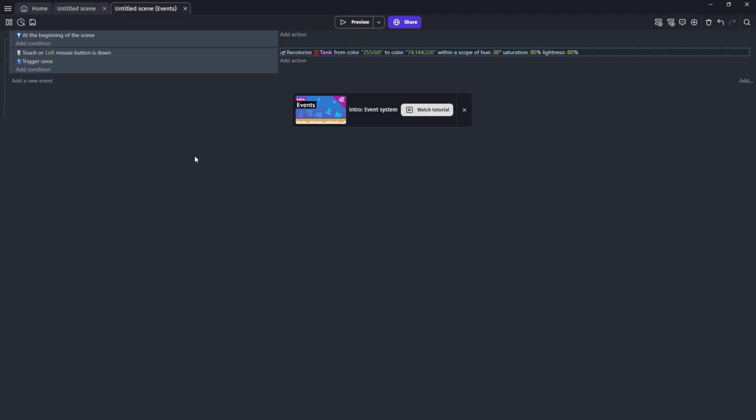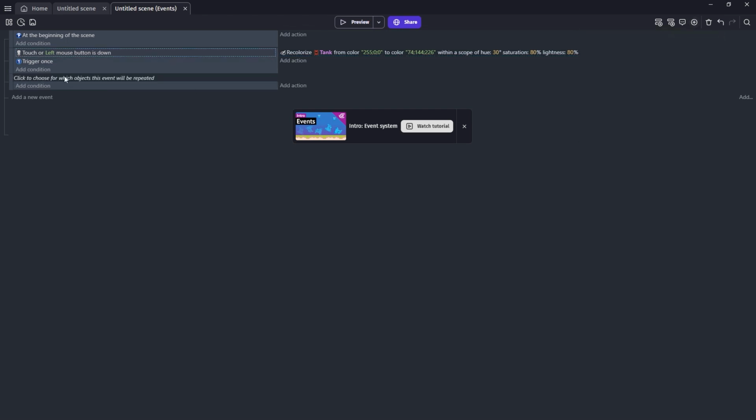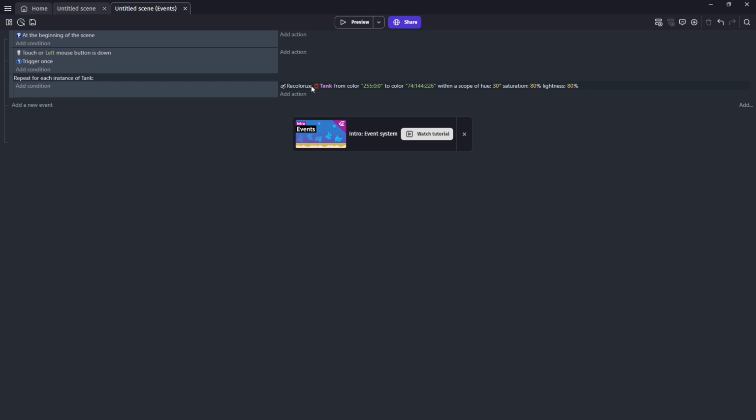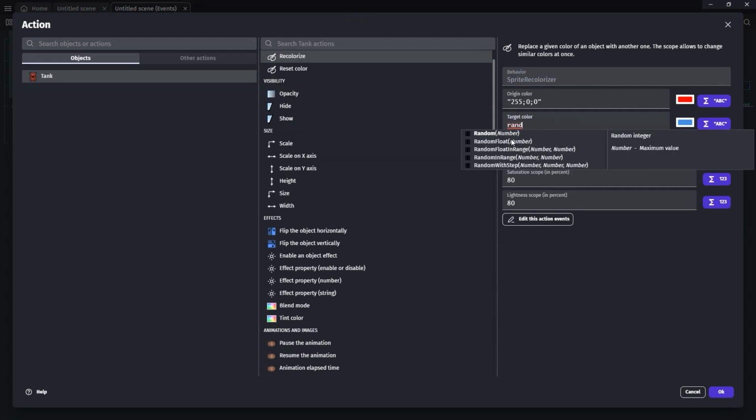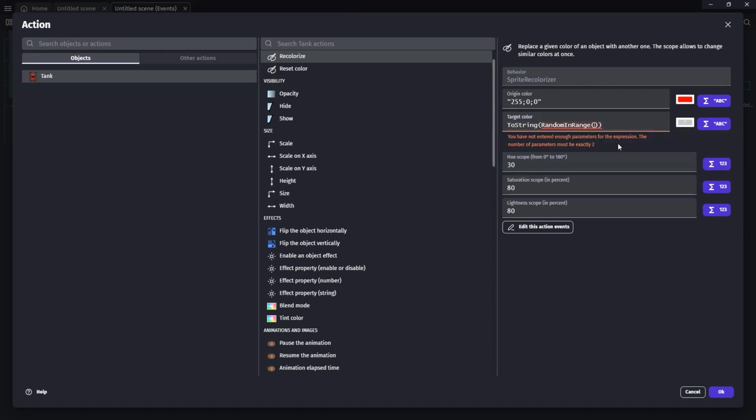Okay, so how can we make this a bit more interesting? We're going to add some randomisation. So if I just click on here, go up to the plus, and then we choose for each object. We can choose tank from the object here and move this down to here. So instead of the target colour being blue, what we're going to do is search for rand and then do random in range. Because the colour ranges from 0 to 255, what we're going to do is 0,